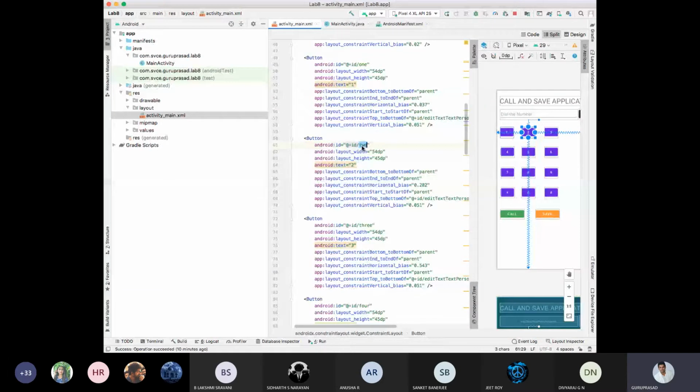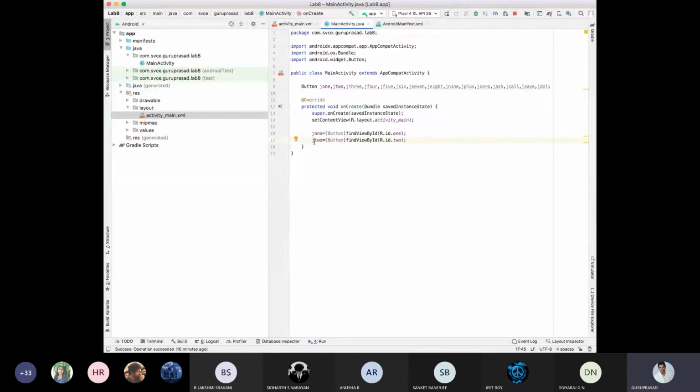This 2 is integrated with your Java 2. Similarly, I'll just copy paste this to 3, 4, 5, 6, 7, 8, 9, plus, 0, hash, call, save, delete.